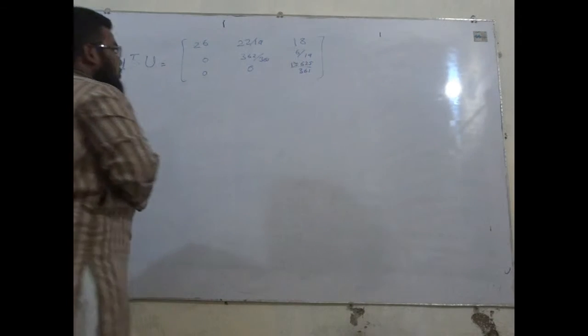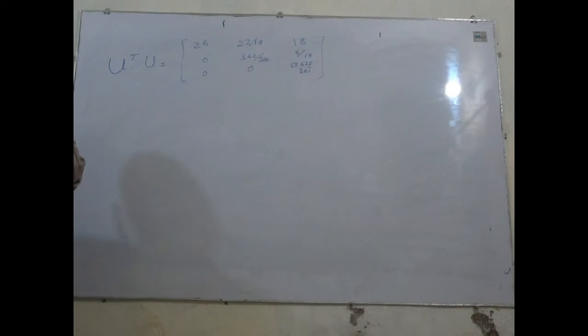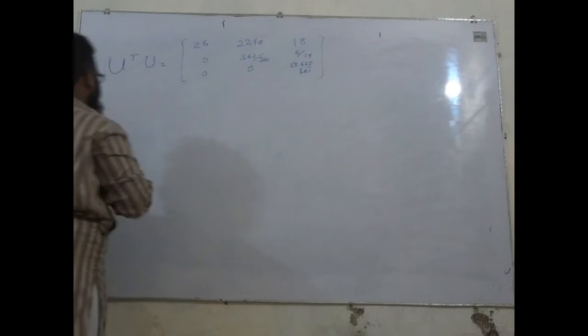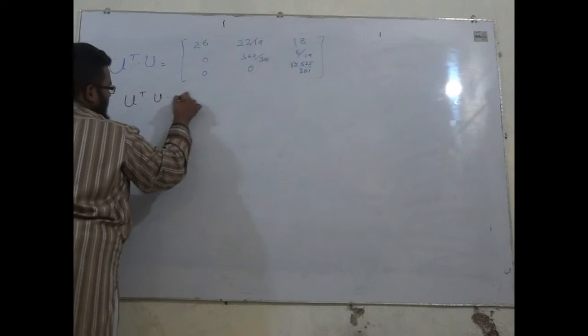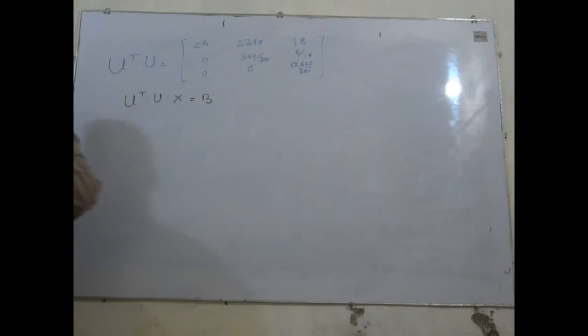This is simply U transpose into U. Now putting into our desired equation for U transpose into U into X is equal to B, we get,